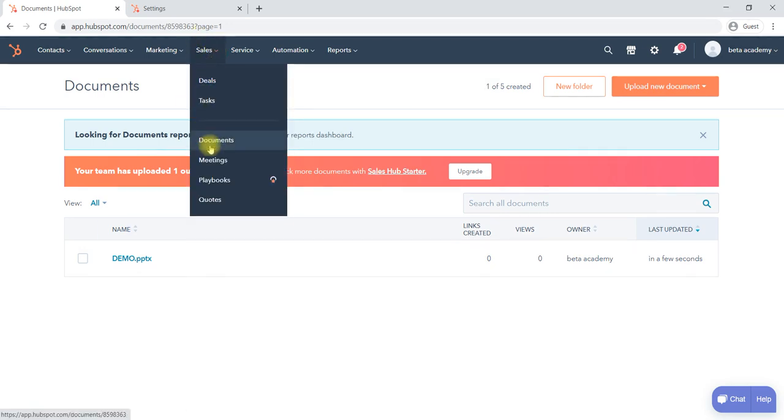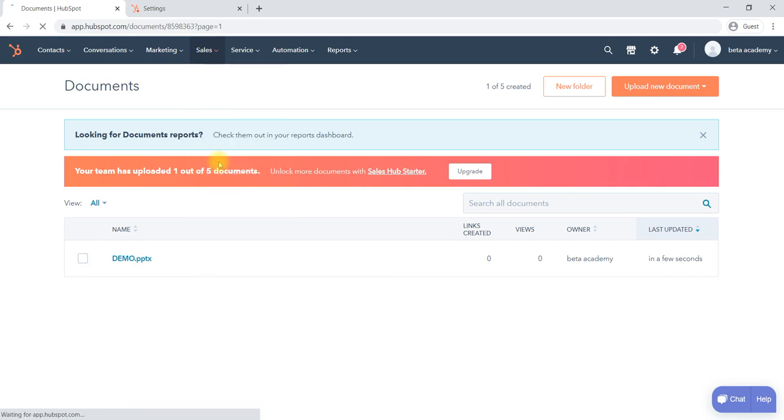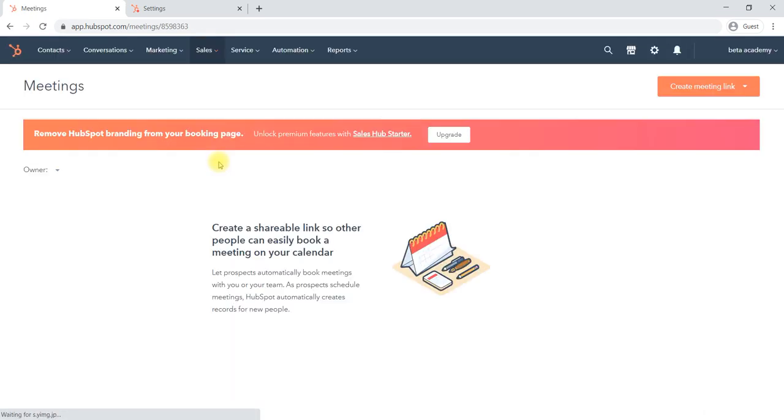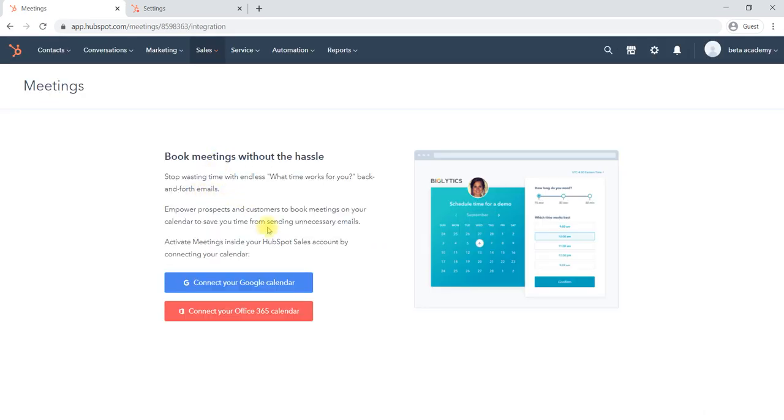Then it comes to meetings. You can directly connect with Google Calendar for a meeting. We already learned about a better meeting tool, Microsoft Outlook.